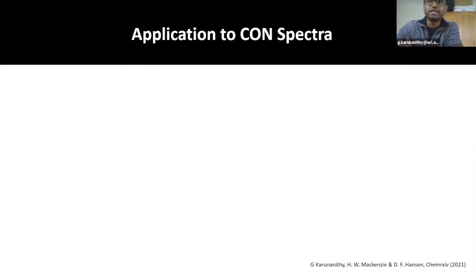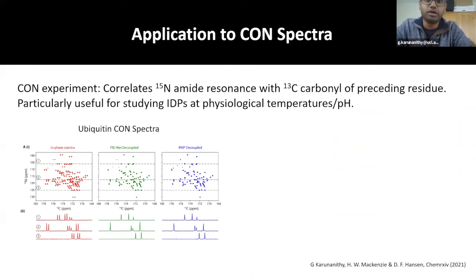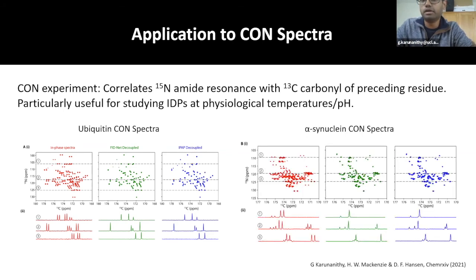So for a more challenging case, we move to CON spectra. These correlate amide resonances with the preceding carbonyl and are particularly useful for studying IDPs at physiological temperatures and pHs where solvent exchange can kind of blur out your signal. So here's a CON spectrum of ubiquitin. In this case, we can decouple these really well, again show similar results to IPAP in half the time, and get nice clean decoupling,